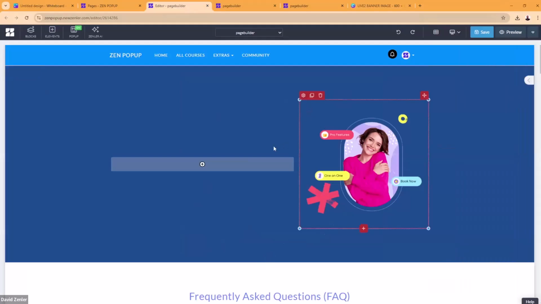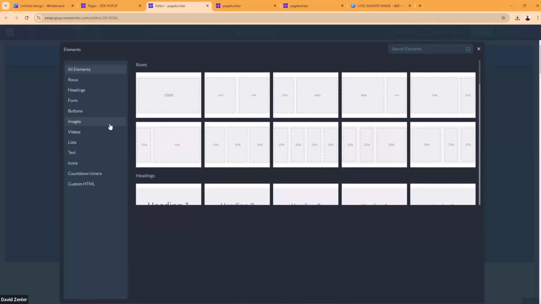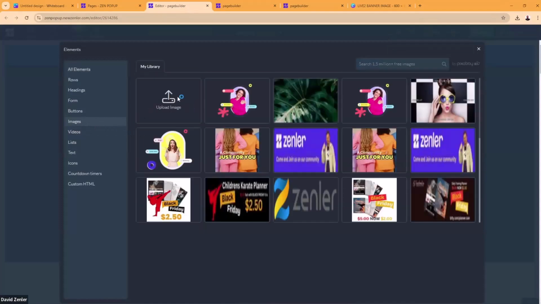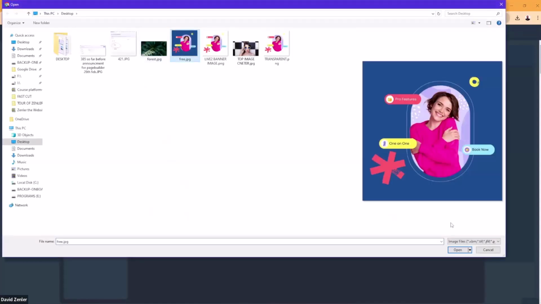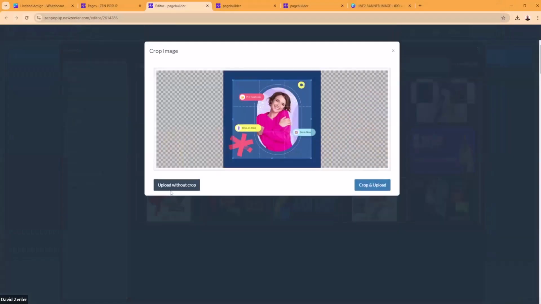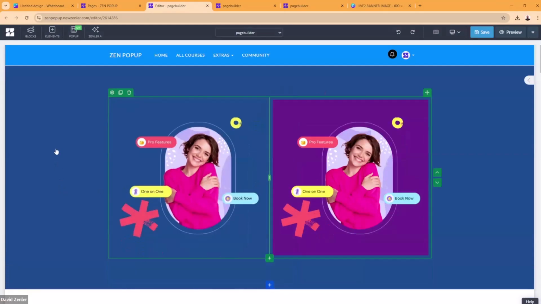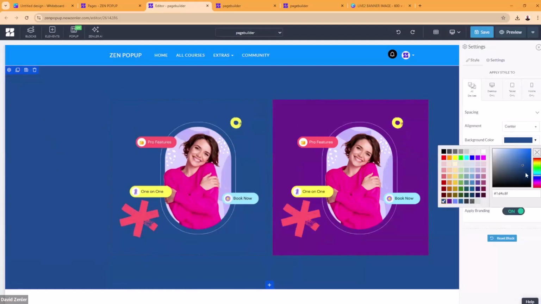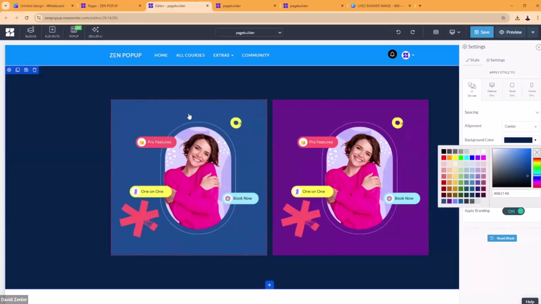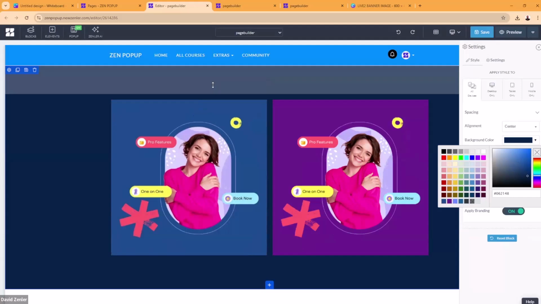I'll put it this side so you can see the difference. Now let's upload the solid one for you free Canva users. Let's click open and upload without crop, and bang, we now have it exactly the same color as this. Of course, if I then decide I want to change the color, you're going to have a problem because it's solid and showing that color. Hopefully that has helped you with that side of things.